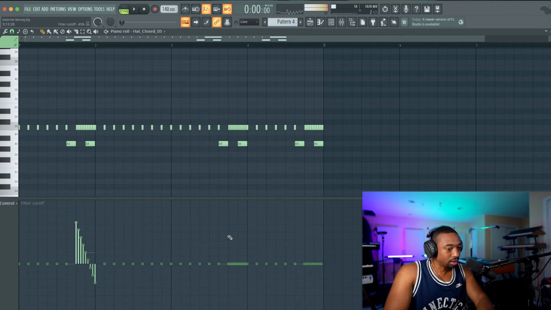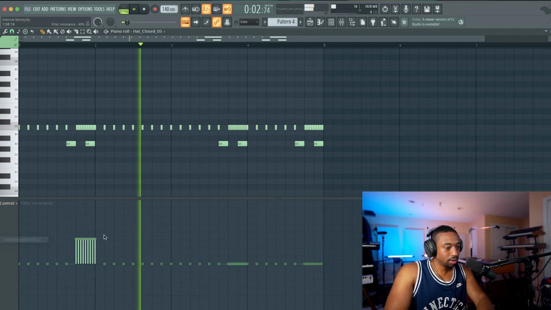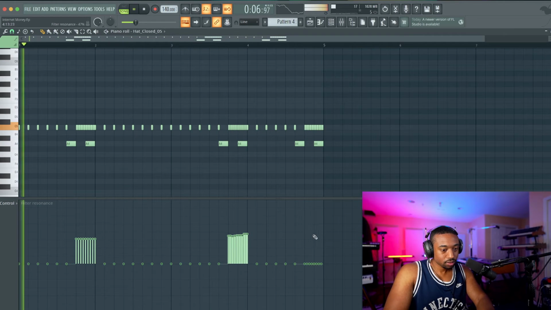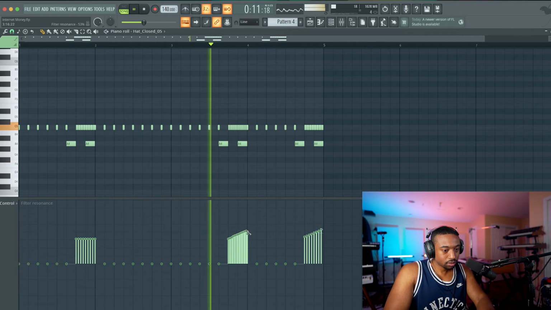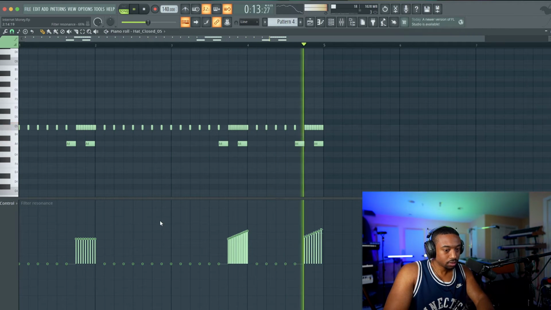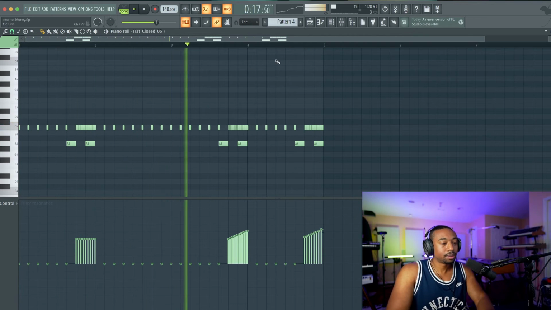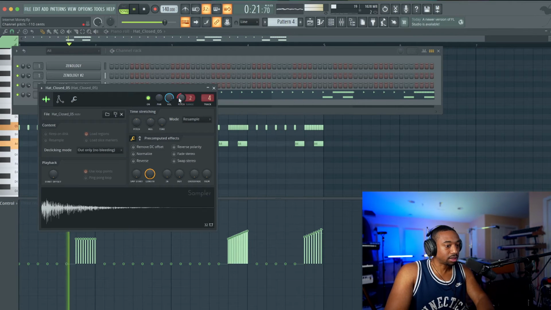Okay, so it adds like a lasery, watery sound if you listen closely. So that's how you add more tonality to the hi-hats. Also, you can pitch the hi-hats down. You don't have to leave them at the core pitch.